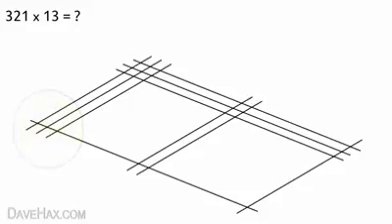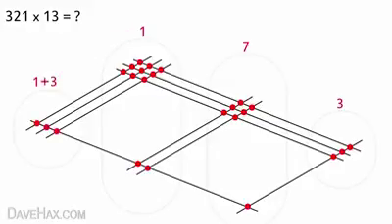This time, as you can see, there'll actually be 4 zones. Then starting from the right again, we'll count out the dots. 3, 1 at the bottom, 2, 3, 4, 5, 6, 7. Then 1, 2, 3, 4, 5, 6, 7, 8, 9, 10, 11. So again, we leave the last digit there, carry the first digit over to the next zone, and add it to the dots. 1, 2, 3 plus 1 gives us 4. 4, 1, 7, 3. So our answer, 321 times 13, is